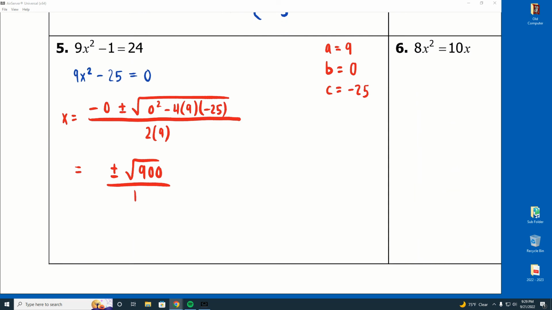2 times 9, 18. Okay, so go check in your calculator. Is 900 a perfect square? If I took the square root of 900, what do I get? Well, I get plus or minus